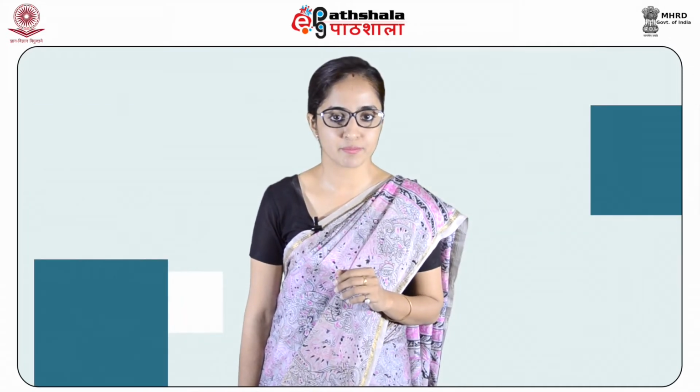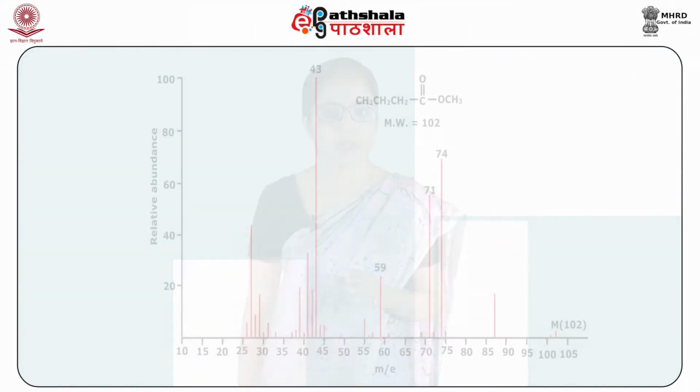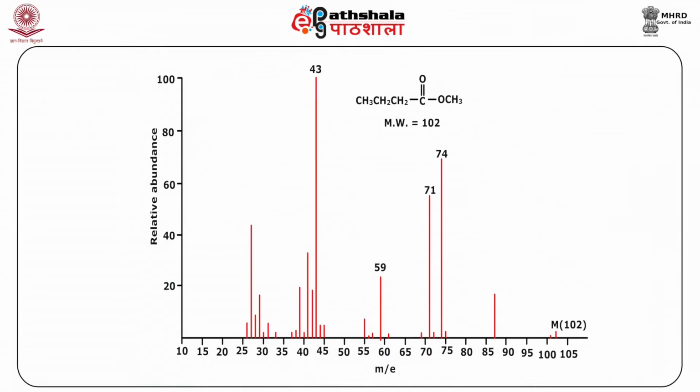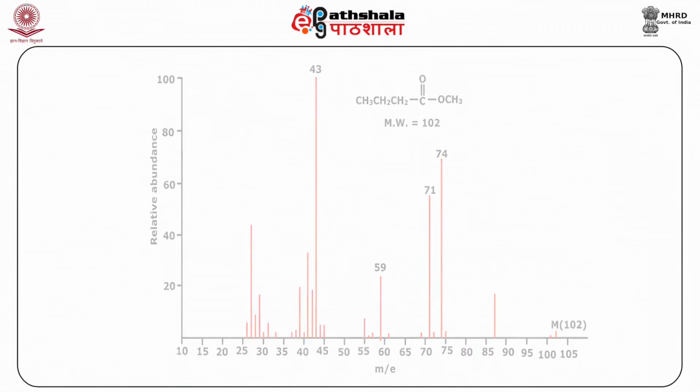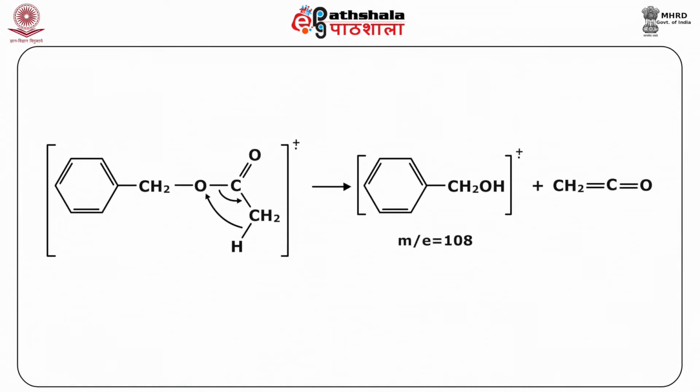Alkyl substitution on benzoate esters generally appears to have little effect on the mass spectral results unless the alkyl group is in the ortho position with respect to the ester functionality. In this case, the alkyl group can actually interact with the ester functional group with the elimination of a molecule of alcohol. Now, here you can see the mass spectrum of ethyl butyrate, and you can see the molecular ion peak and its fragments. And you can also see here how the fragmentation in the case of esters is taking place.